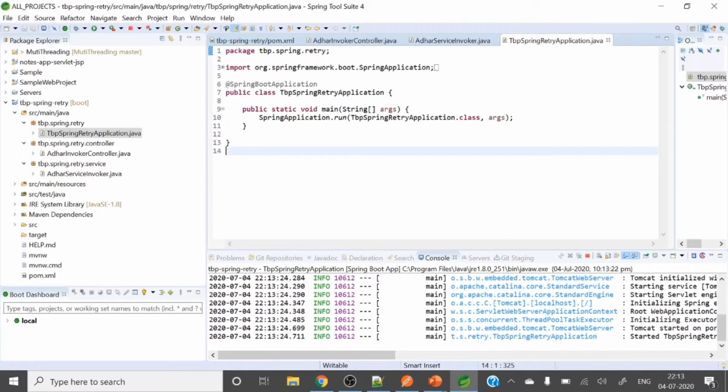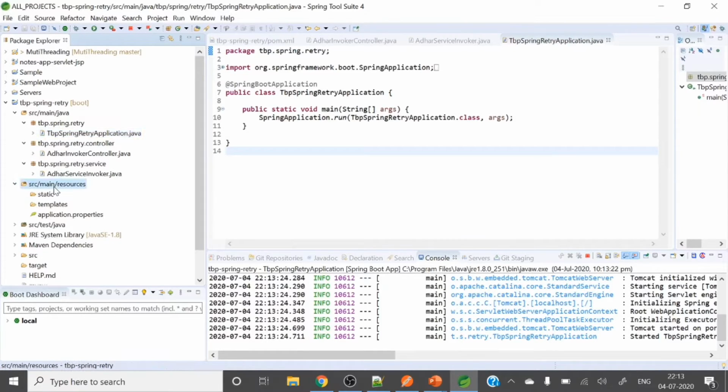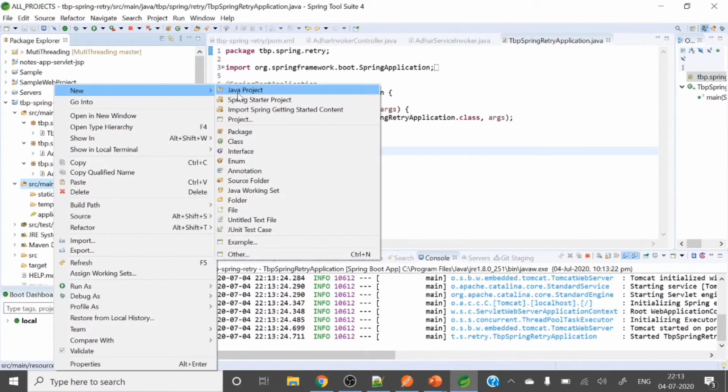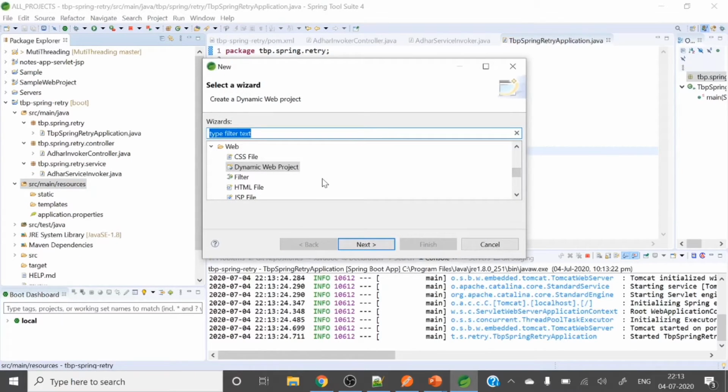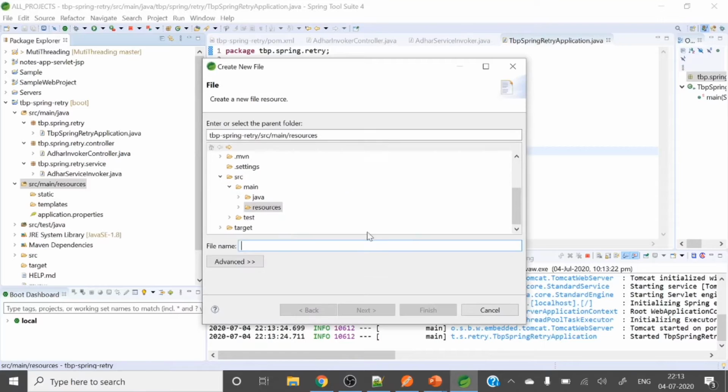I don't want this Spring banner, so let me create a banner.txt. If you want a custom banner, you can add a file, banner.txt.